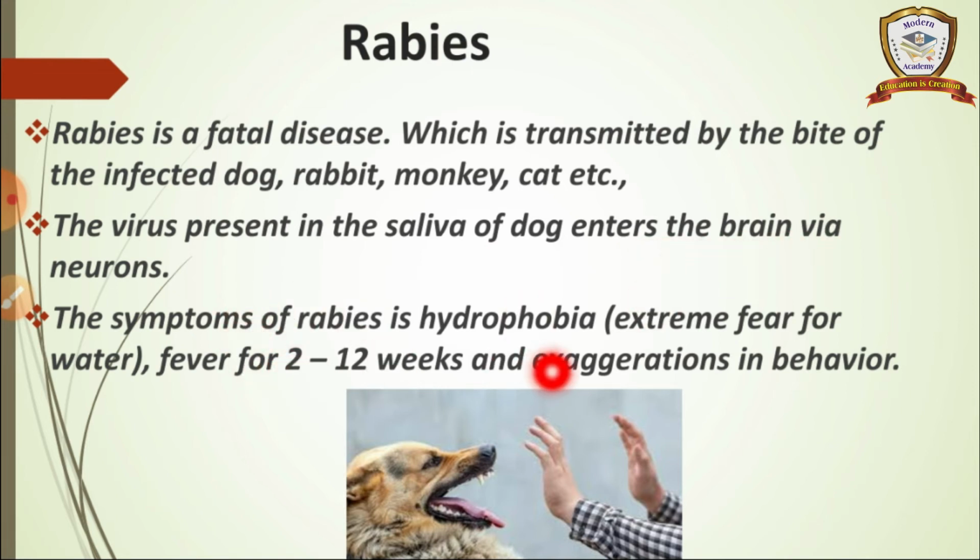The symptoms of rabies are hydrophobia, fever for 2 to 12 weeks, and excitement in behavior. Rabies is a fatal disease. Fatal means a dangerous disease, and it is transferred by the bite of animals like a dog, rabbit, or monkey because of a virus, and that virus is present in the saliva of these animals. When it bites us, the virus in that saliva is transferred to our body, and it affects our brain